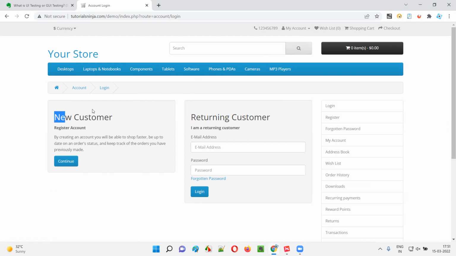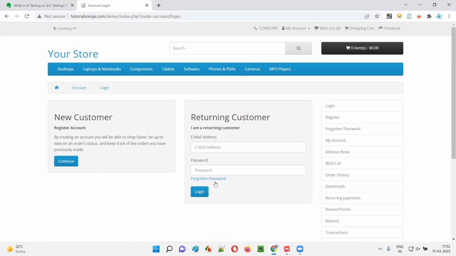And the alignment, guys, you see the heading and the subheading and this particular text are properly aligned here. Not only that, in this box also, the email address field, password field, and login button are properly aligned. Label and text box fields are properly aligned. And also inside the text box fields, the placeholder text is provided. Inside this field, the email address placeholder text in gray color is provided. In the password text box field also, gray color placeholder text is displayed,